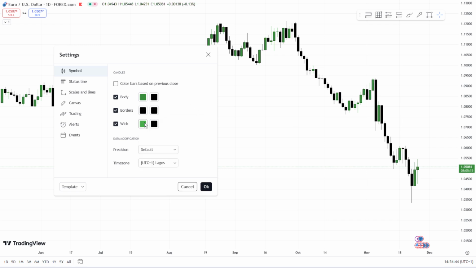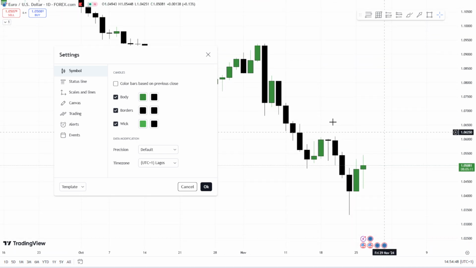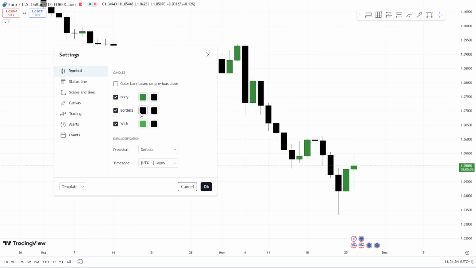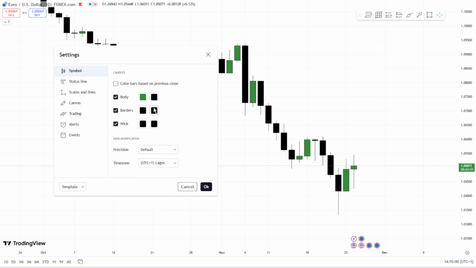I think this is it. Yep, this is it. Let me see the borders on the wick. The wick is black and the borders is black. Okay, this is it. Black, green. Just the body of the candle should be green. Okay, then you go back